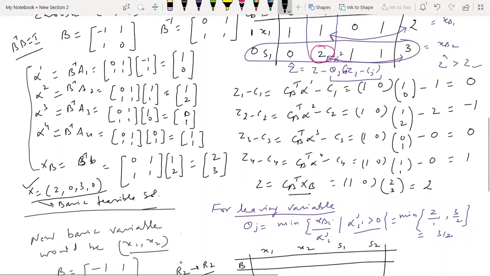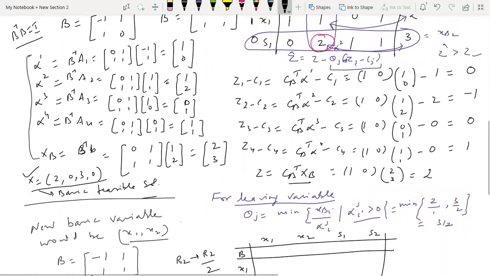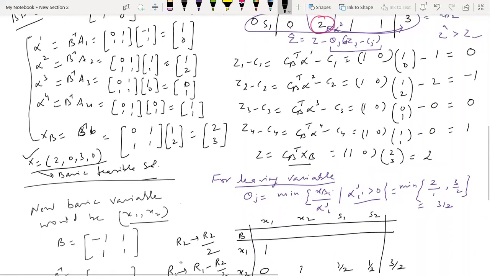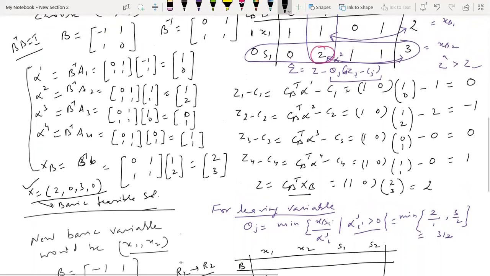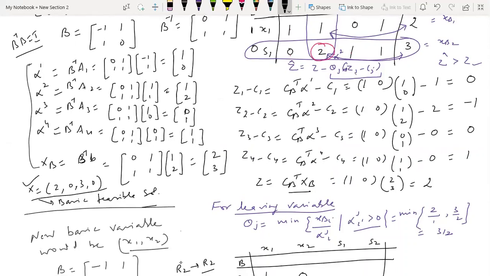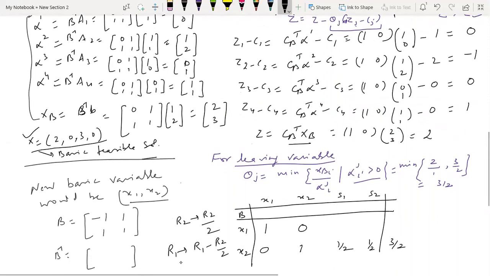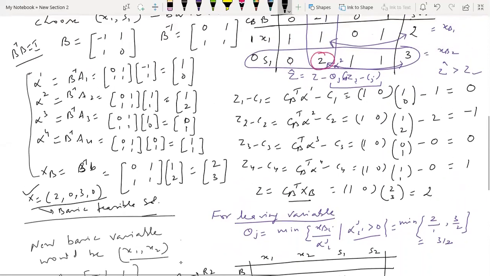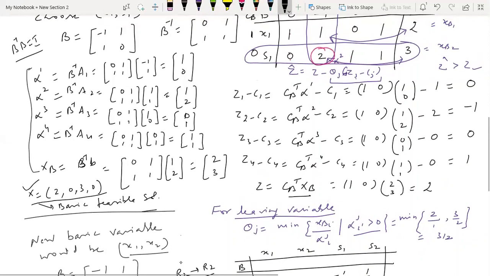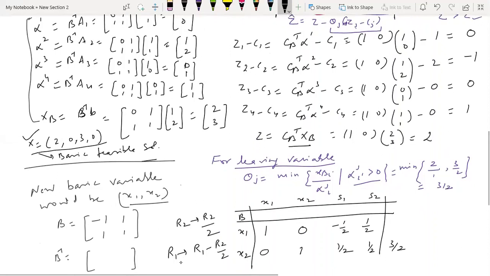So what I'm getting here is, my values are what? 1, 1 minus 0 by 2 is what? It is 1. Okay, then 1 minus 2 by 2 is what? 0. Then my third entry is 0 minus 1 by 2, because I am dividing the second row by 2 and then subtracting from here. So 0 minus 1 by 2 is minus 1 by 2. And fourthly, 1 minus 1 by 2 is 1 by 2. And then 2 minus 3 by 2 is how much? So 4 minus 3, this is 1 by 2.